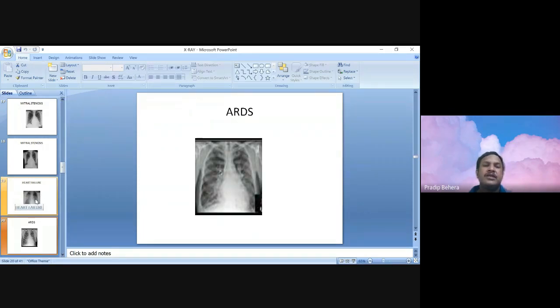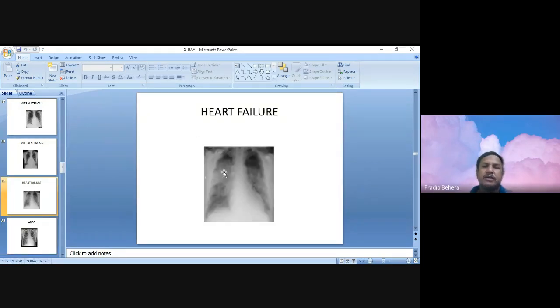So normally, how we find: if there is a cardiomegaly associated, probably this is a heart failure. And if it is not, and in the clinical history the patient is having acute onset, we say this is more of ARDS. In both heart failure and ARDS, you'll find patchy confluent shadows in both the lung fields. This is typical of ARDS. This is more of a heart failure, because there is more hilar involvement and more patchy infiltrations.